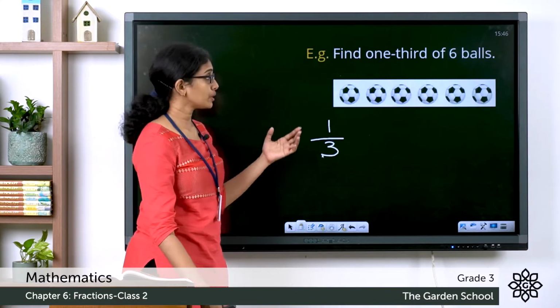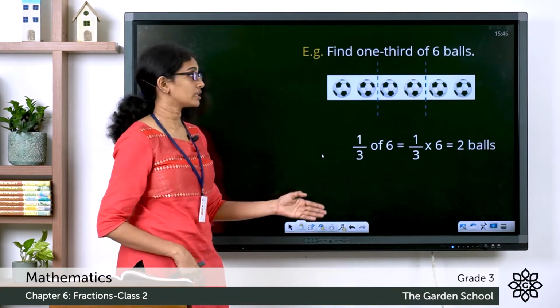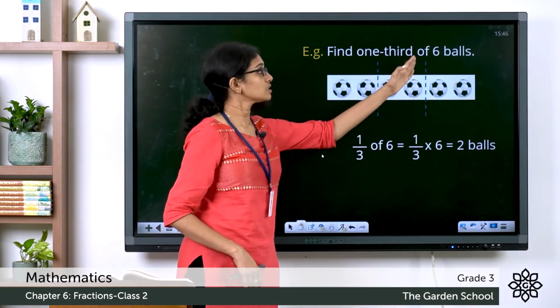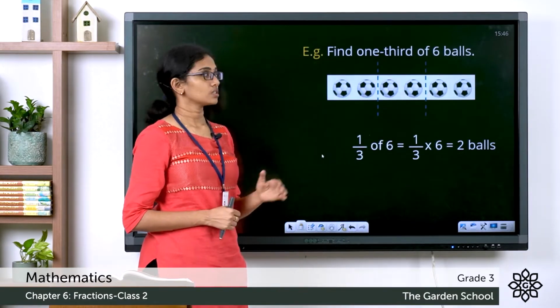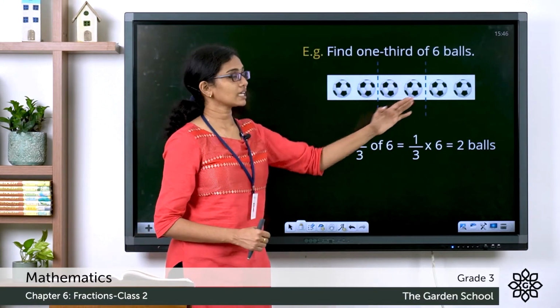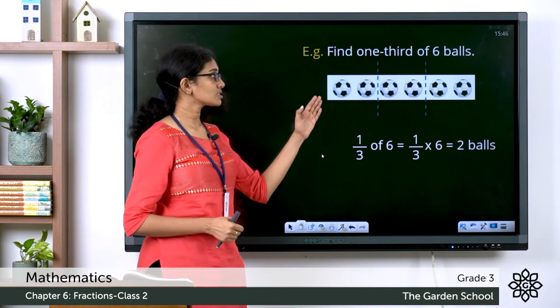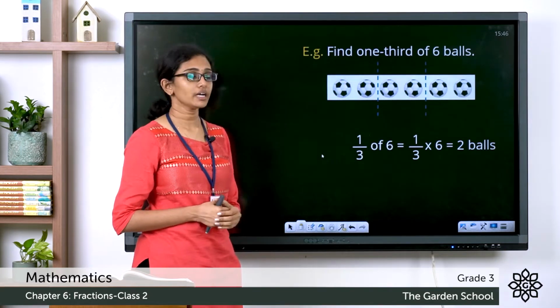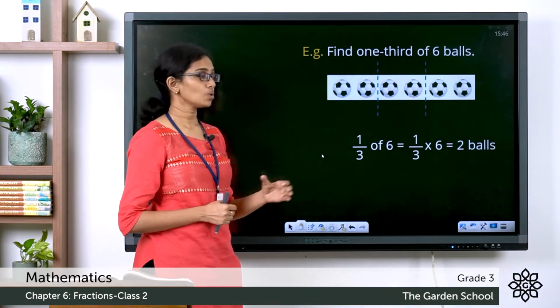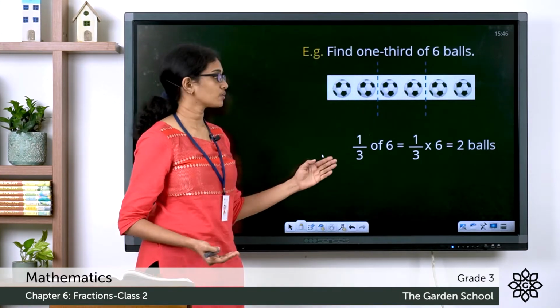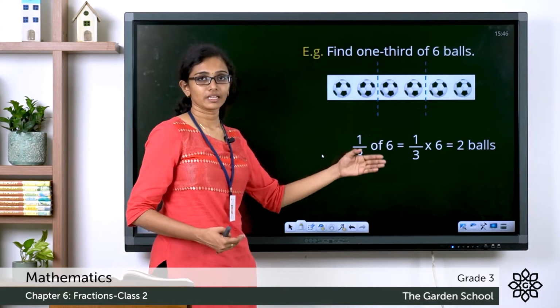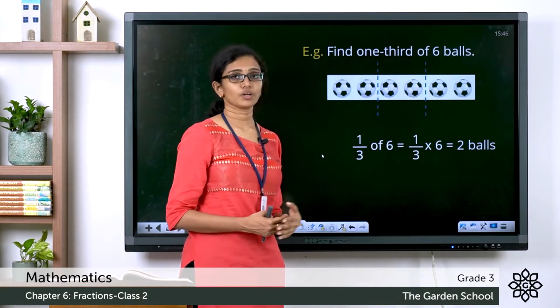Clear? So how would you divide them into 3 equal parts? Here you have one division, here you have the second division. So right now you have 3 equal parts. And what is the number of balls in each equal part? It is 2. So 1/3 of 6 is equal to 1/3 into 6, which is equal to 2